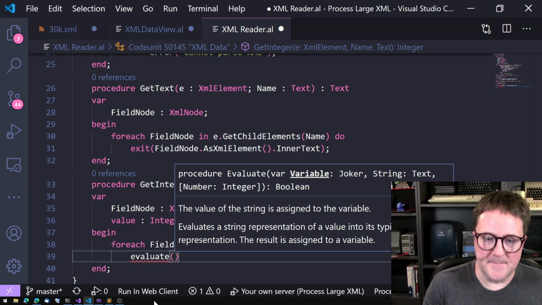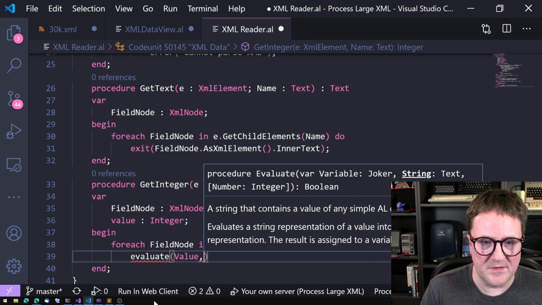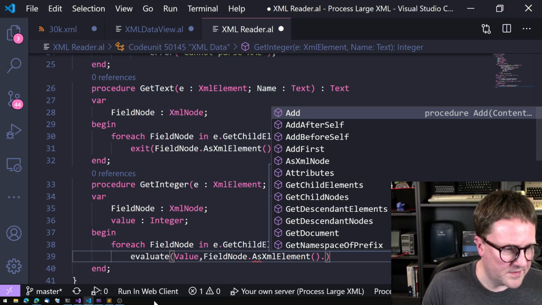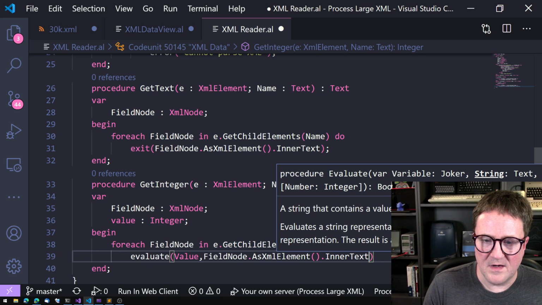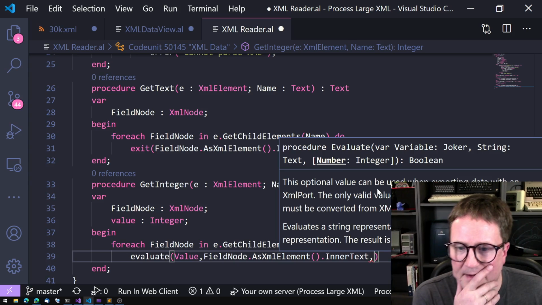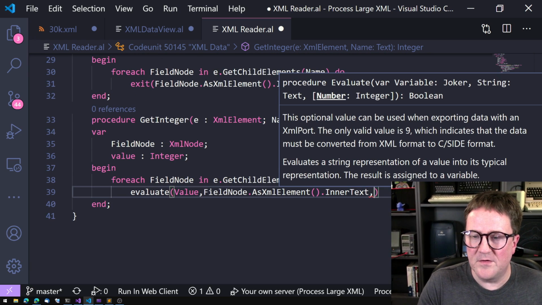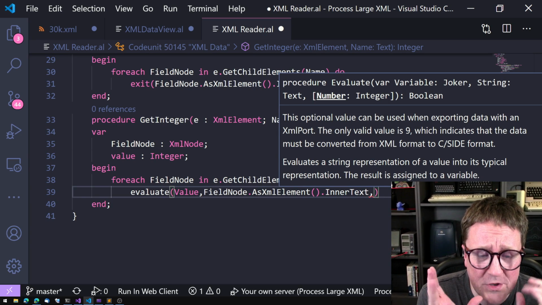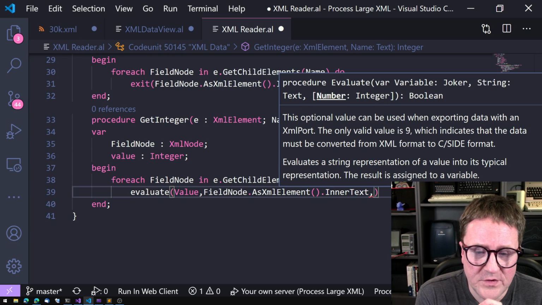And so you can see evaluate takes a variable. So in this case, that's a value. Then it takes the string, so that will be field node as XML element dot inner text. And then you can see that it also takes a number. And here's a magic number, and the number is 9. So the only third parameter you can put on evaluate is the number 9. And as soon as you put a number 9 on this, that means that